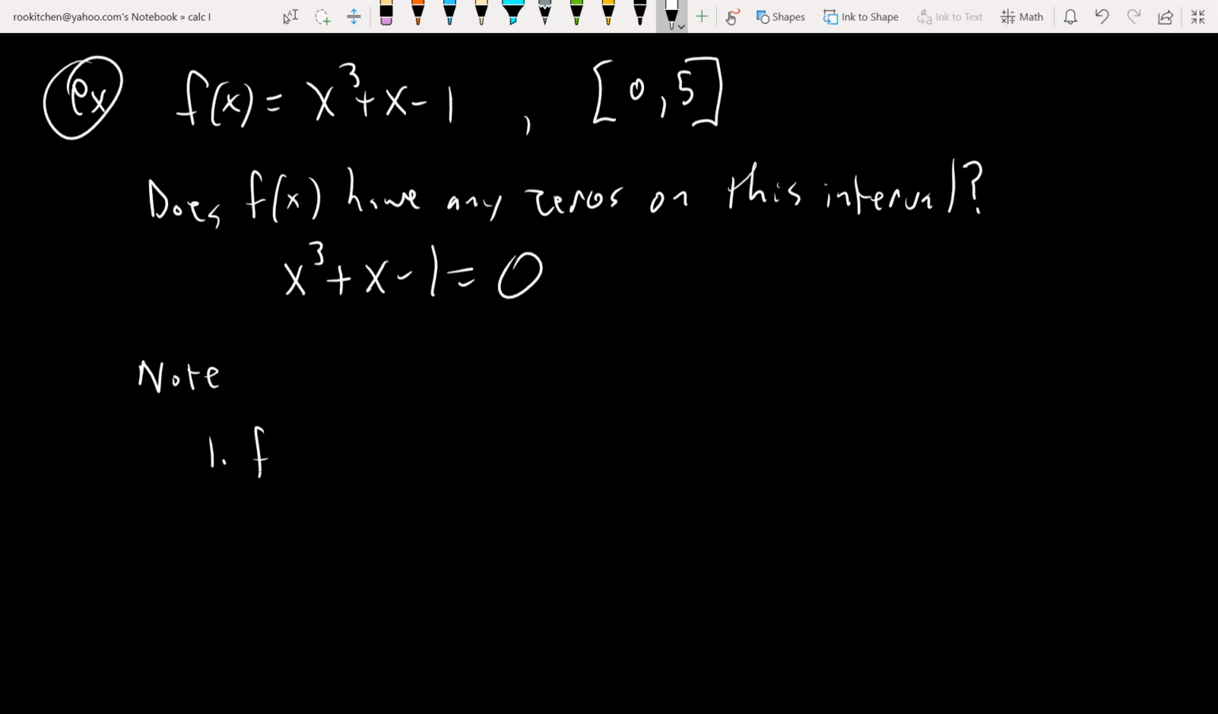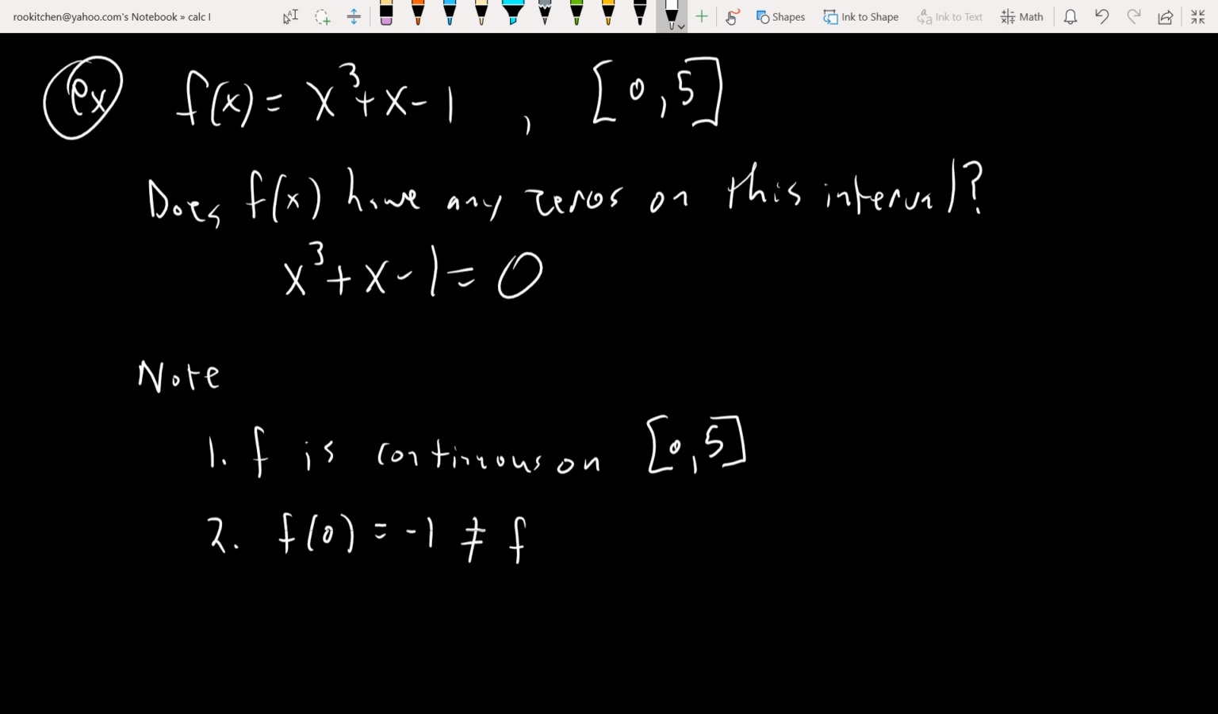But we note f is continuous, so it's a polynomial, so it is continuous on the closed interval from 0 to 5. Secondly, f of 0, if you plug 0 into the function, you're going to get -1. And that won't be the same as f of 5. If you plug 5 in there, you get 129. Okay? And then thirdly, f of 0